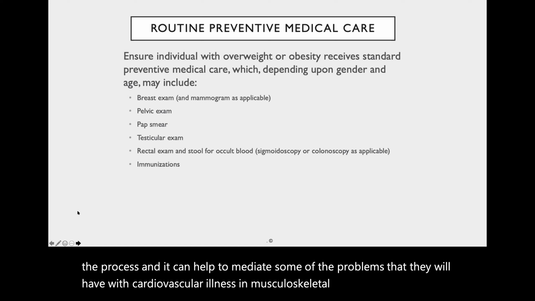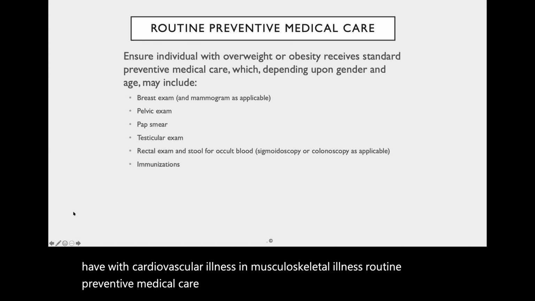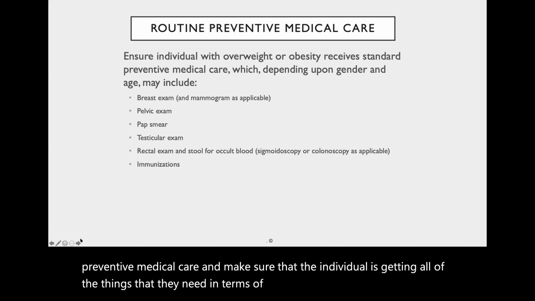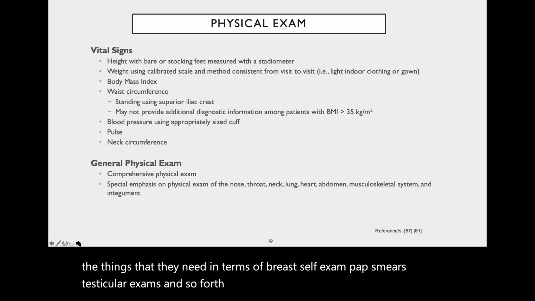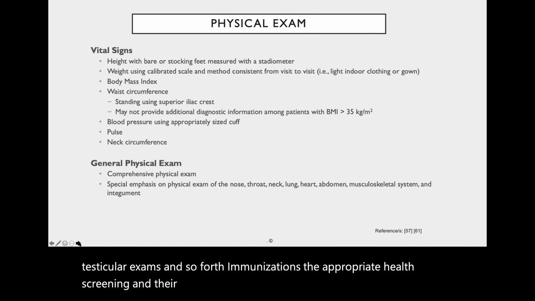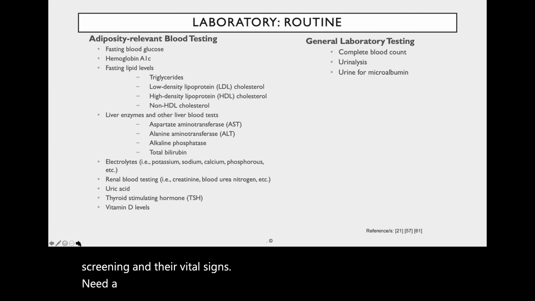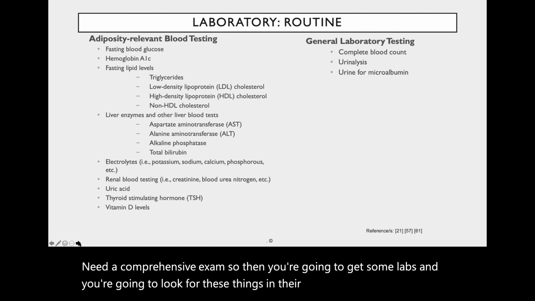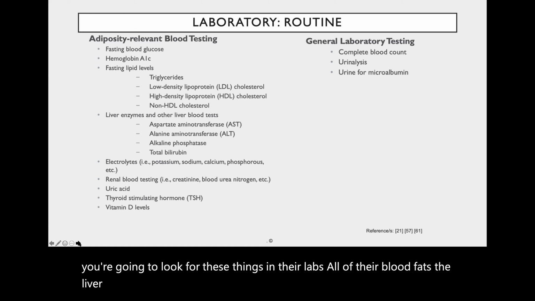Routine preventive medical care, make sure that the individual is getting all of the things that they need in terms of breast self-exam, pap smears, testicular exams, and so forth, immunizations, the appropriate health screening, and their vital signs. Need a comprehensive exam. So then you're going to get some labs, and you're going to look for these things in their labs. All of their blood fats, the liver enzymes, uric acid, TSH, vitamin D levels, and